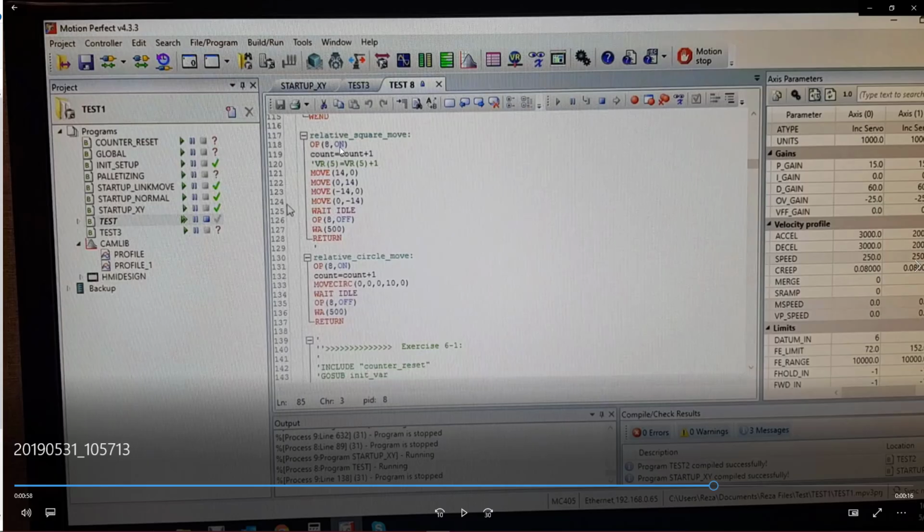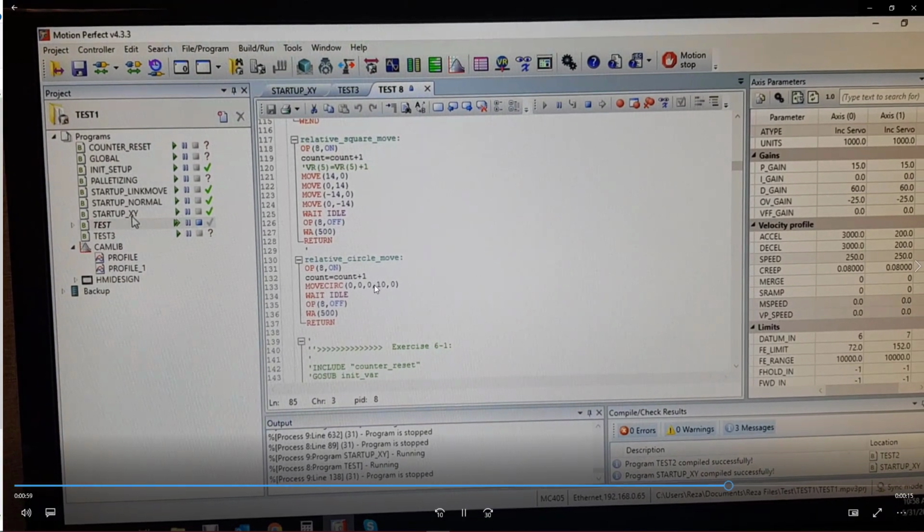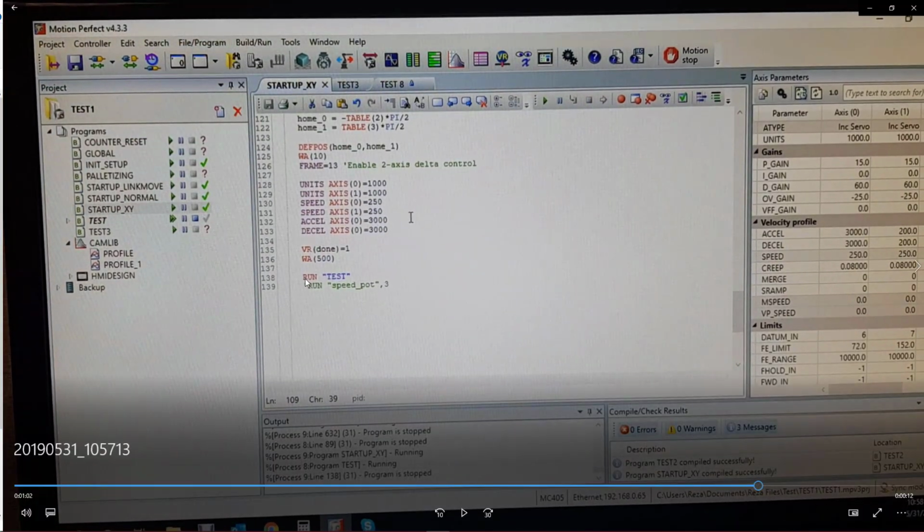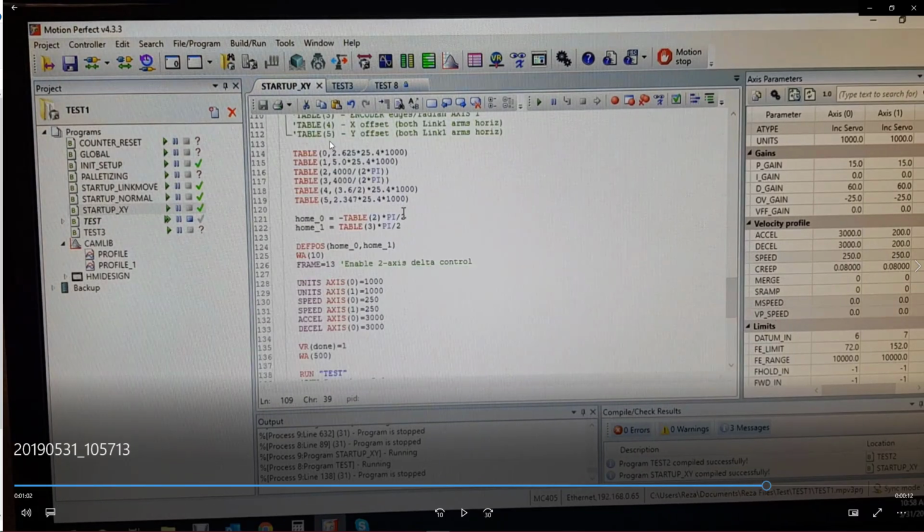And then on the startup axis, after everything is done, we're running the test program, which is this one at the end, and it will automatically run the final program. But before that, we have